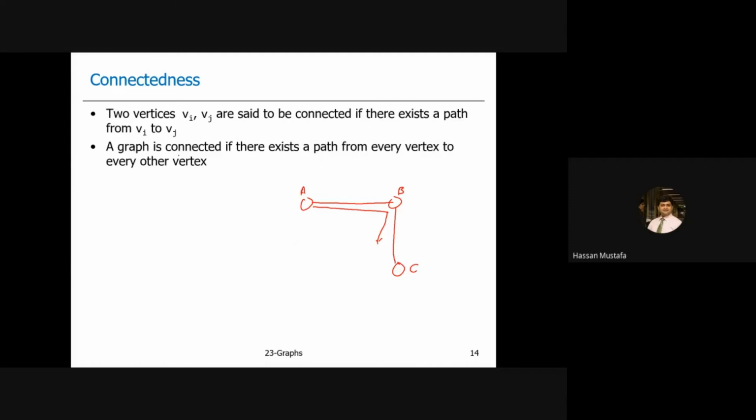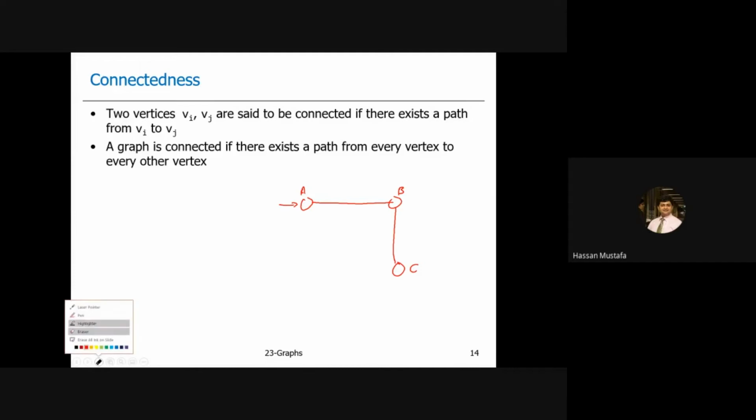Whereas a graph is connected when we can actually run this connectedness definition on every node. That is, every node is connected to every other node via a path. So in this specific graph that I've just drawn, if I just remove this arrow from this graph,